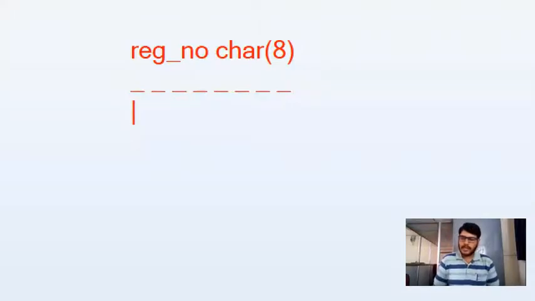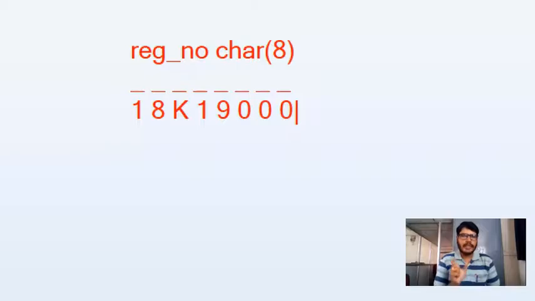Suppose we have a registration number like 18K19000. Likewise, we can store 8 characters. What happens if I store only 7 characters? The remaining 1 byte is going to be wasted. Suppose I store only 4 characters within a registration number field, then the remaining 4 bytes are going to be wasted.